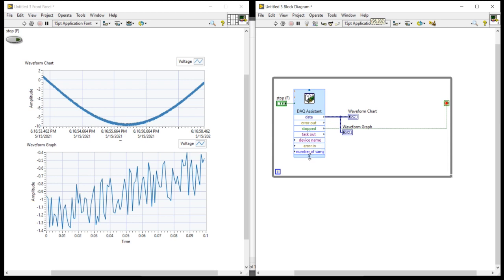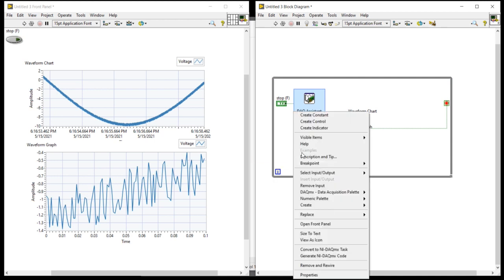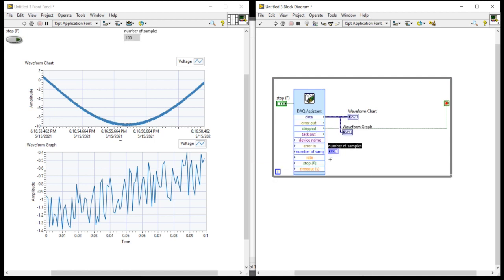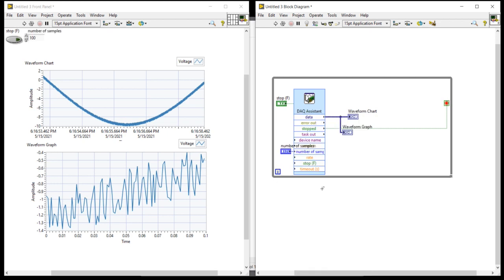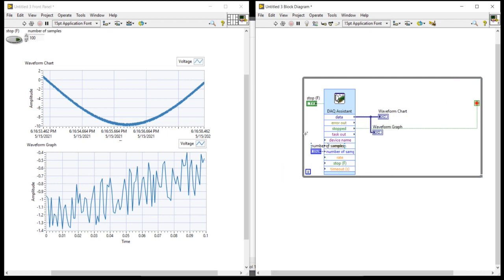Now here I want to set something. Let's see, create control, number of samples.